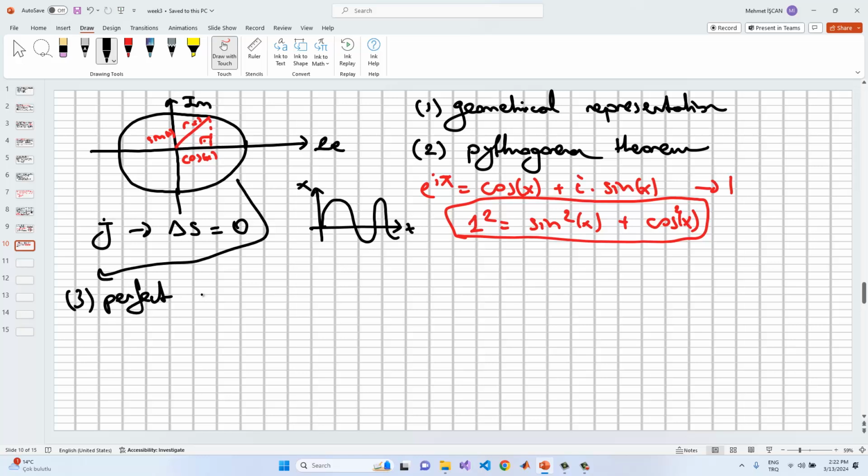Perfect circle, right? Because we use the pi. The pi creates the what? Perfect circle, right? And so if we don't change the value of the hypotenuse in the Pythagorean triangle, then we can convert the time to the frequency,